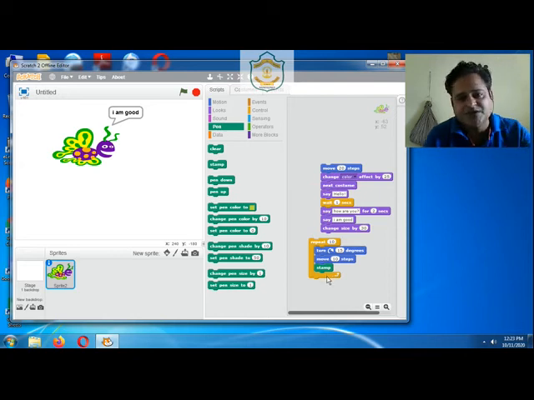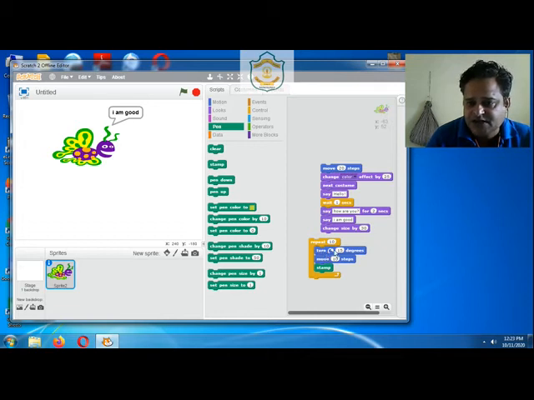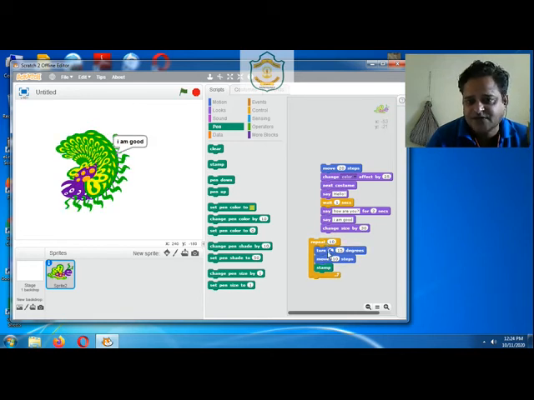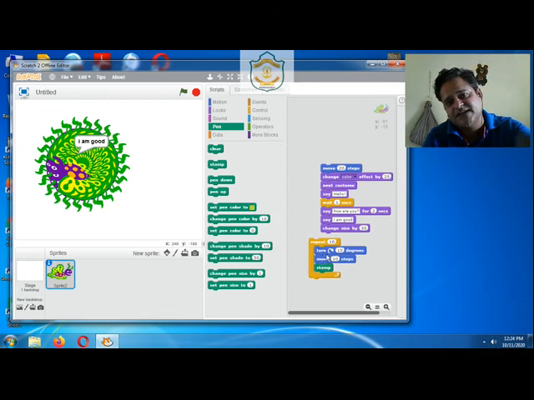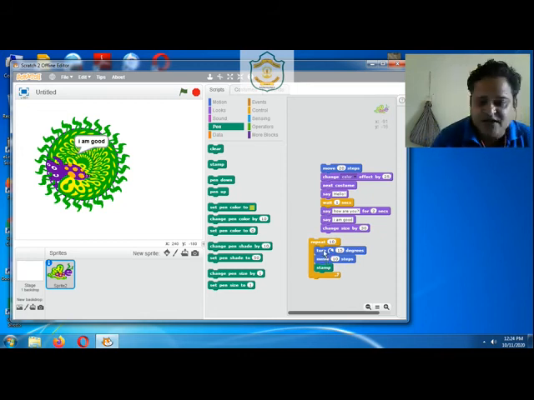So now you noticed I have used this repeat block. Inside that I have placed the turn block, the second one move, and then stamp. Stamp means to create its own image. Now let's execute it. Have you noticed? It is repeating and creating its own image in a circular motion. It is identical to the same example given in the picture, figure 7.10.